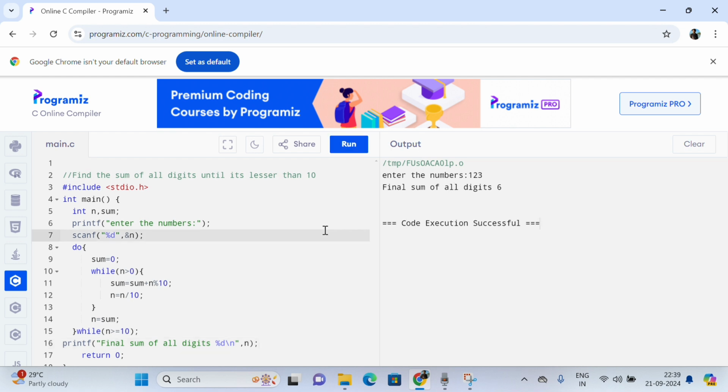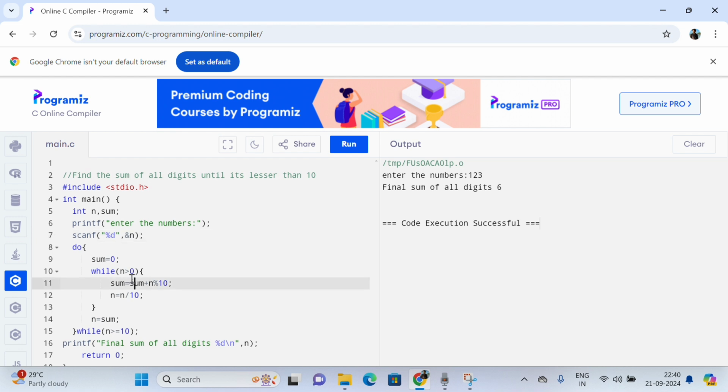So how it actually works, let's explain. At first we declare the do while loop, and in the do body we set sum equal to 0. What does sum equal to 0 do? At the beginning of each iteration we reset the sum to 0.